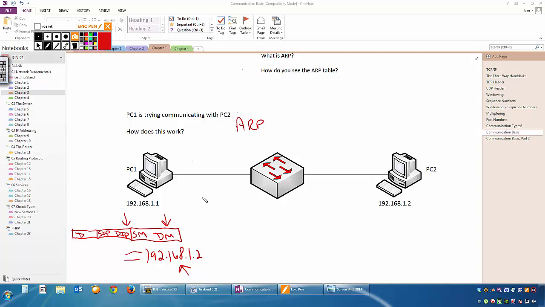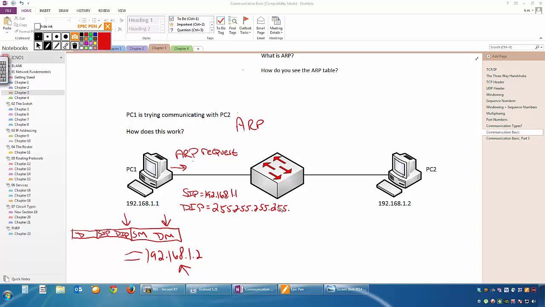Well, I'm going to have to send out what is called an ARP request. And in that ARP request, I'm going to have the source IP of 192.168.1.1. I'm going to have the destination IP of 255.255.255.255.